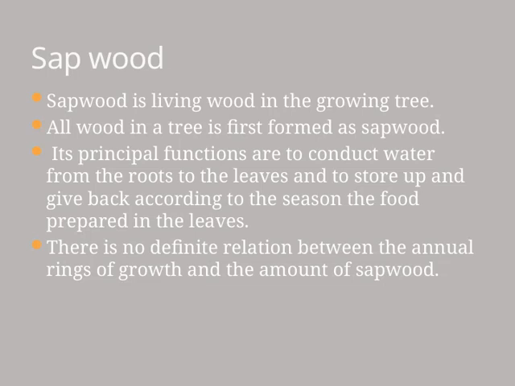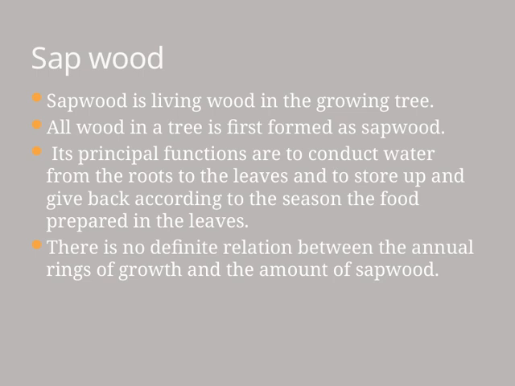Sapwood is the living part of the wood in a growing tree. All the wood you see in a tree starts out as sapwood. Its main roles are to carry water from the roots all the way up to the leaves, which is essential for the tree's survival and growth. Additionally, sapwood stores food that the tree makes in its leaves and then releases it when needed, depending on the